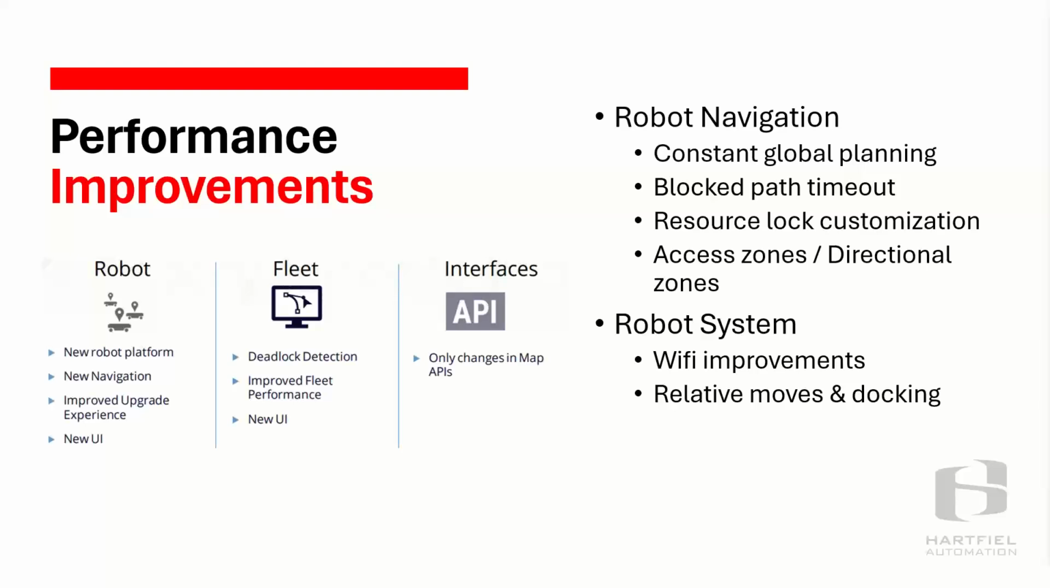Another settings change has been the access zones and directional zones. Access zones have replaced critical zones. We've done away with critical zones and now use these access zones. These are relevant for obstacles that will disappear as the robot gets closer, such as automatic doors, ramps, and